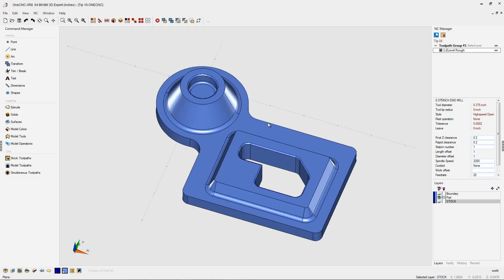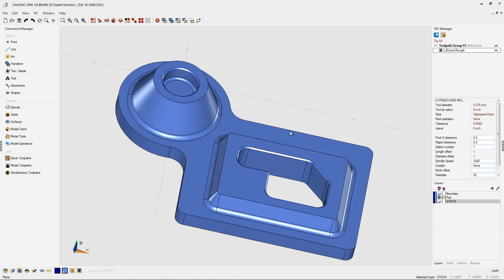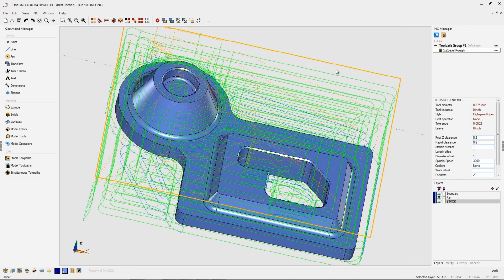In this tip of the day, let's take a look at controlling toolpath using surfaces. Now in this example, we have a solid model and we've applied a 3-axis Z-level rough machining operation. Now this machining operation is going to drive the tool everywhere the tool can go, including inside the hole and